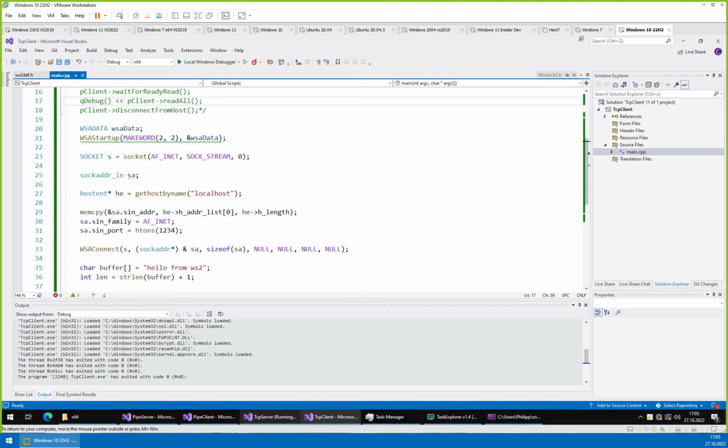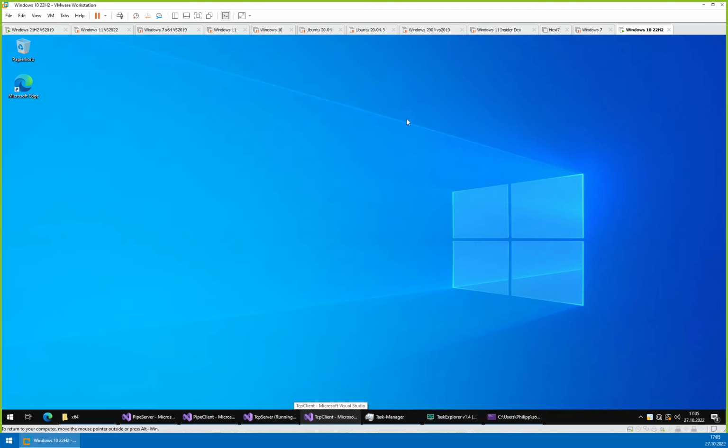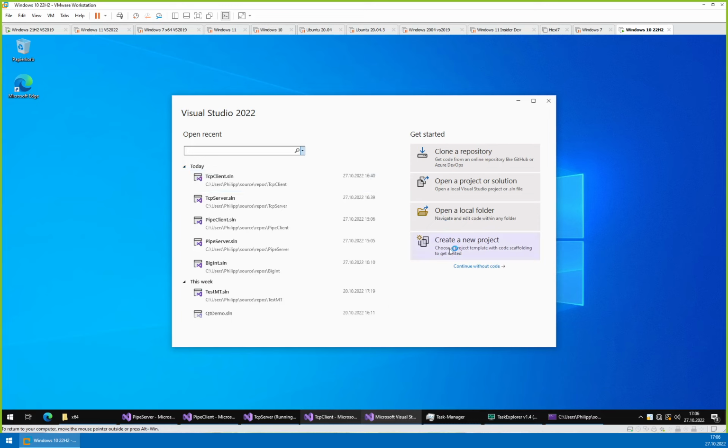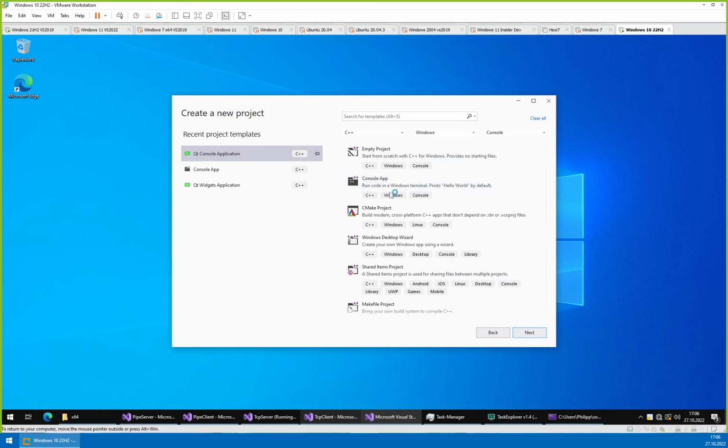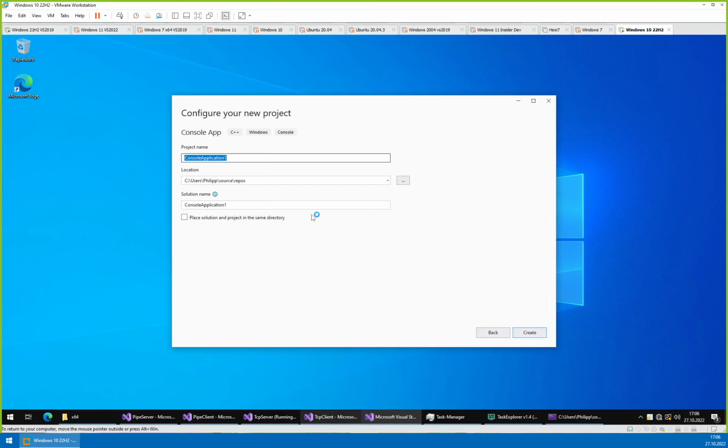And UDP, unlike TCP, is not connection oriented, so you don't have a client object in this sense. The only thing you have is just 2 UDP sockets, and then you specify the different ports on which you want them to communicate with each other. So we can create here yet another project. Create new project. And then we will demonstrate this UDP communication, Qt console application. UDP client 1, and we will create another one which will be called UDP client 2, which will pretty much look the exact same,